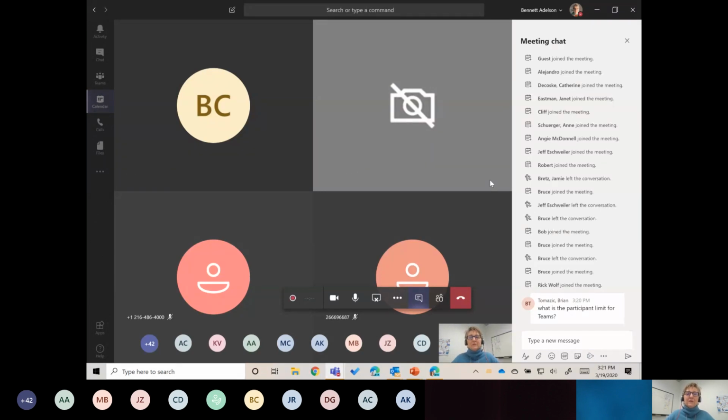So the controls for live events are different. There's a bit more technology involved. And if you need more than 250 people, that's your only choice. But if you don't, chances are you'll be able to do everything you want to do in a regular Teams meeting, where you'll have a chance to become more proficient probably. So hopefully that answered your question.